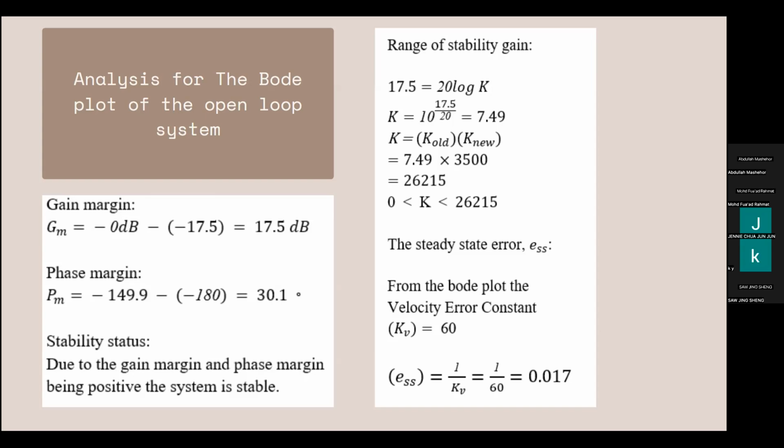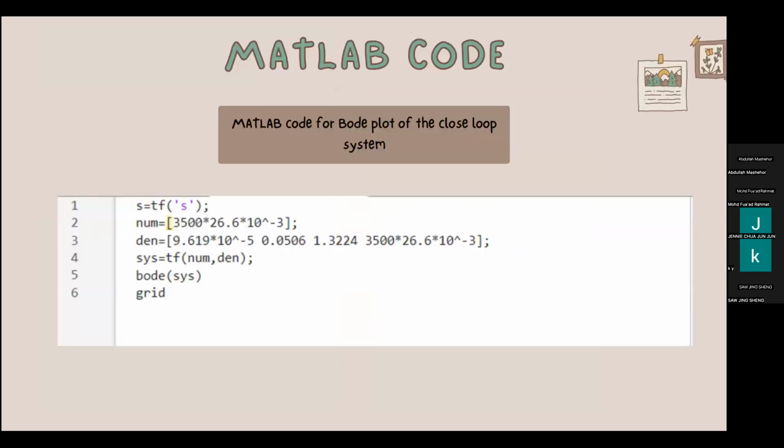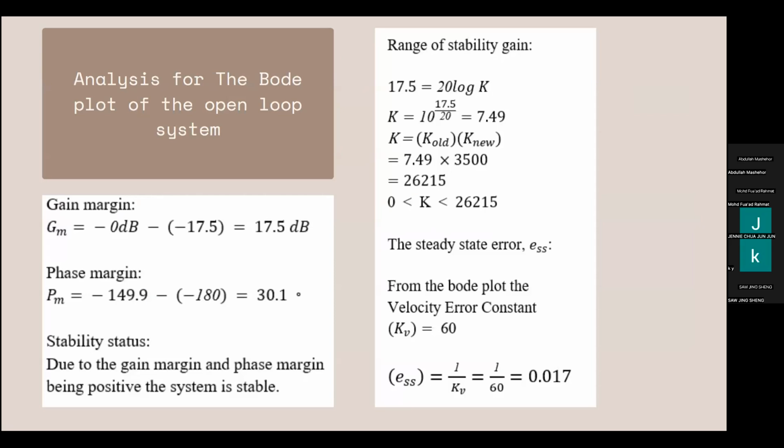Then from the Bode plot, we got actually the Kv as we show, 60. So the steady state error we got is 0.017, a very small steady state error. Then next